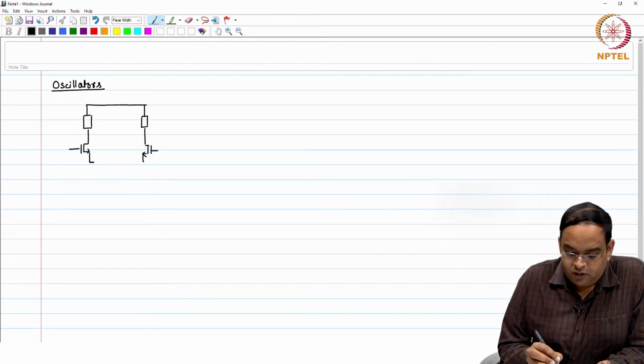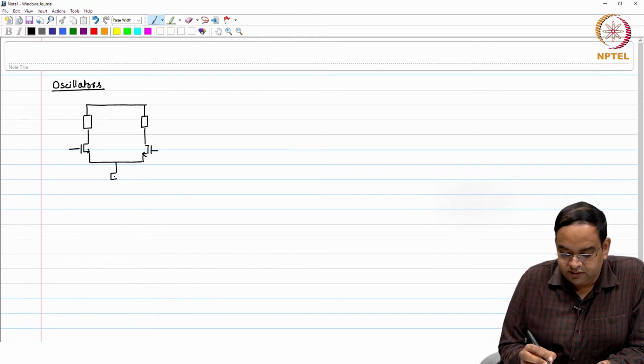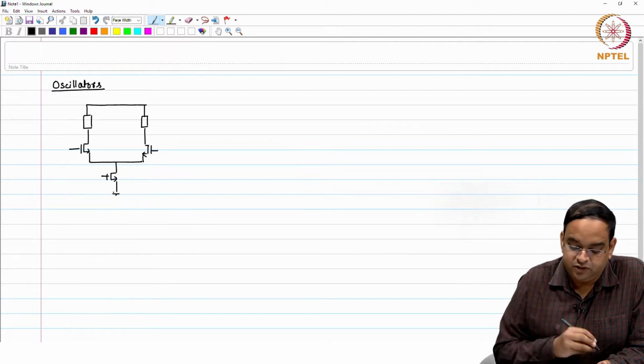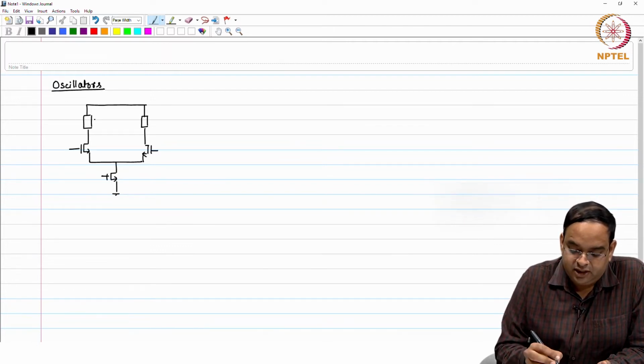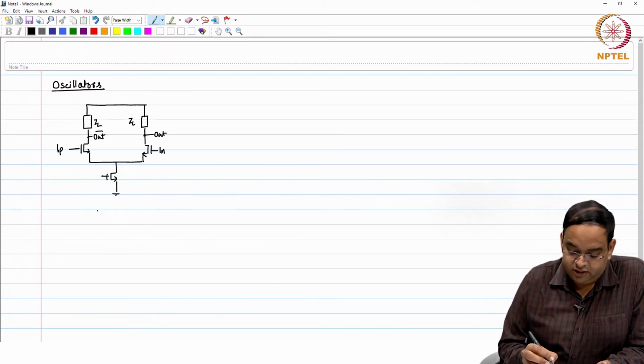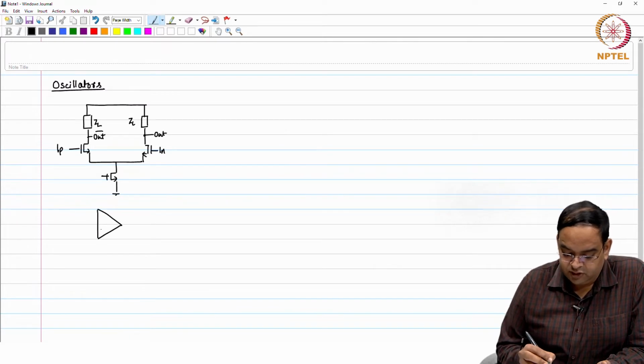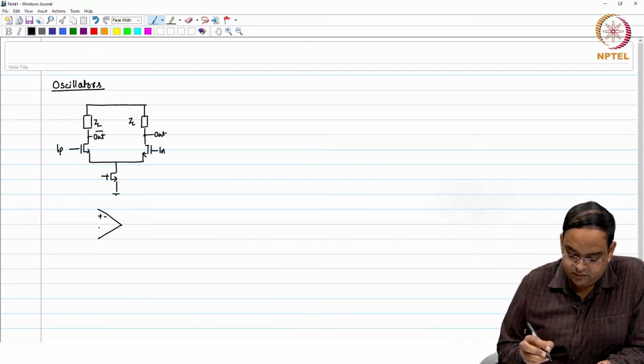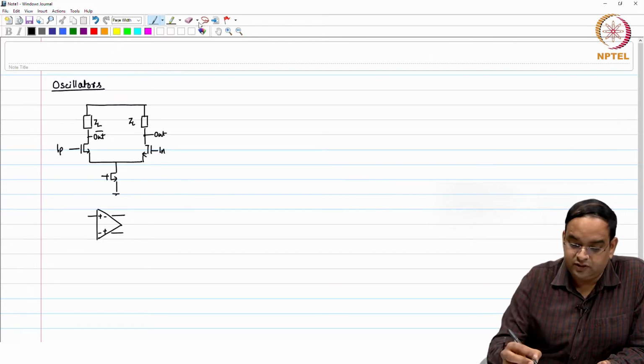Okay. So, in all these oscillators, this was the delay cell in our oscillator and this was the load ZL. You had IP here, IN here and the output. And this particular cell was used in the oscillator like this. So, you had minus and plus. So, we use this block